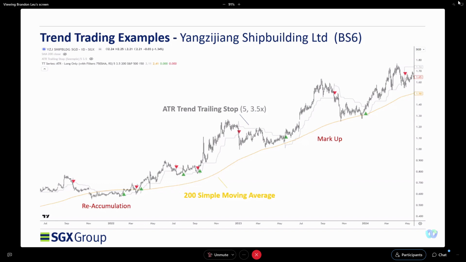oh, Brendan, for Yangzijiang, I entered when it broke the 200 days moving average and I exited, just for example, here when it closed below the 200 days average. Then I think that's correct because you have followed the same strategy, a trend trading strategy. Price cuts above your indicator and exits below your indicator, that's all right. But if you're executing a tactical trading strategy in between the trend, then we like to keep to it and not to change the strategy.